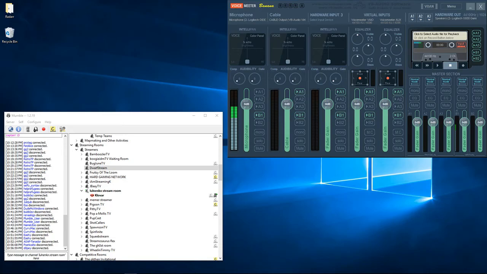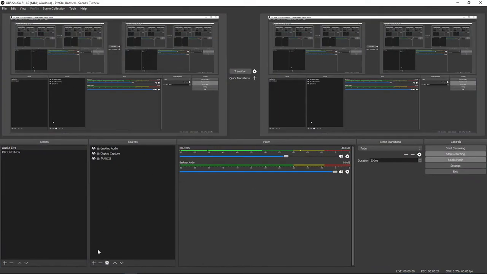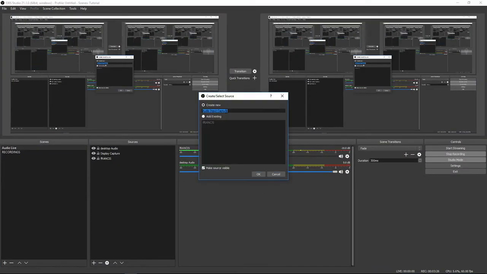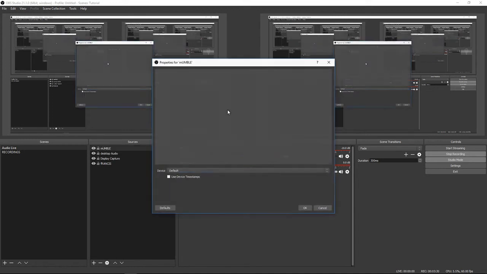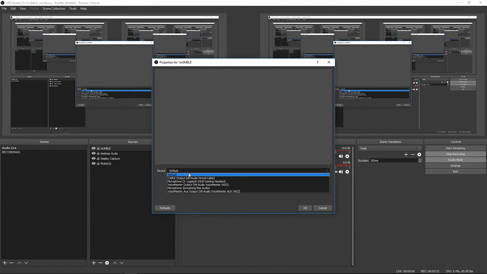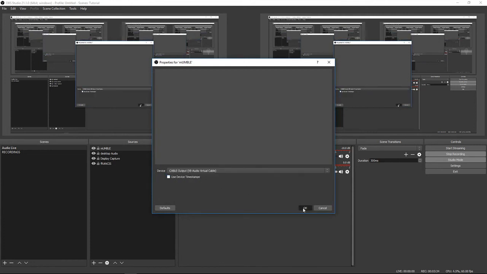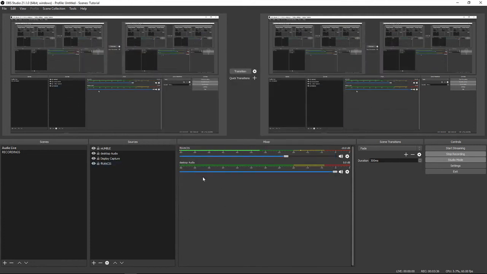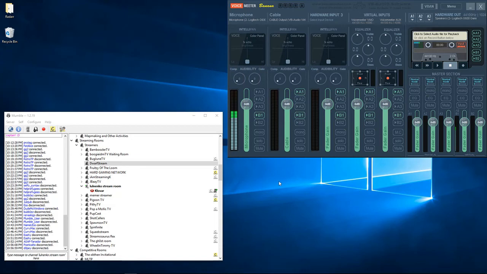At the same time, if we go back to our scene, we can add an audio input capture. It's called Mumble. And you guessed it, the device is going to be this virtual cable. Virtual cable set. Where is it? It's not there. Remember, you got to hit the transition button. There it is, Mumble button. And now when we go back to